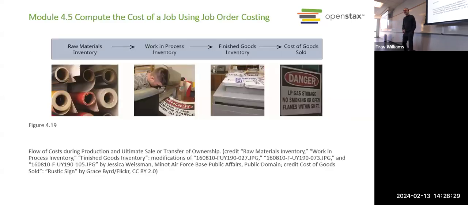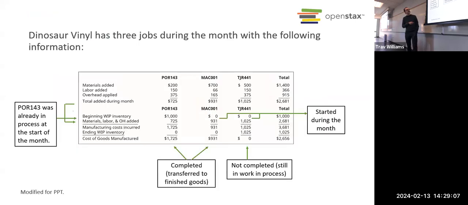On the estimation, does it matter? Well, you want it to be as close as possible so that as the year is going by, you have a good idea of what the overhead costs are for every job. But if you're off by 5 or 10%, it's not going to be the end of the world. Yeah, you would try to make it as accurate as you can within reason. And then we'll practice actually adjusting it. There are some different ways to do that.